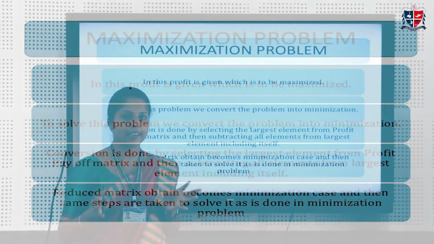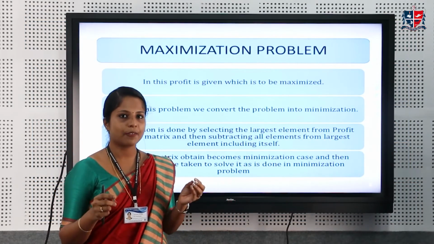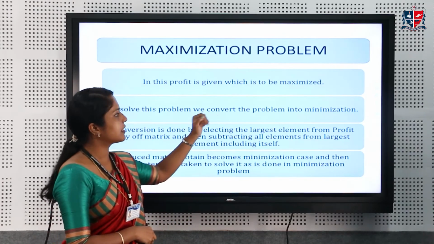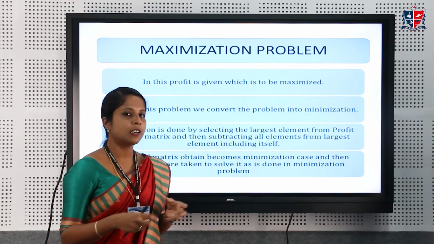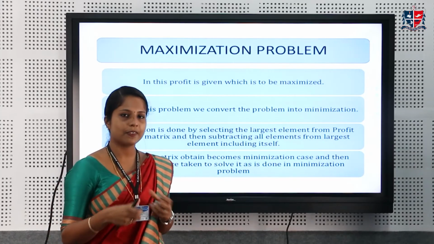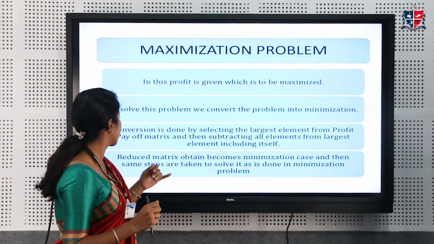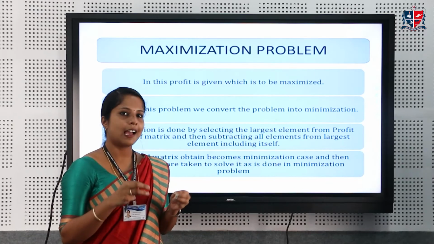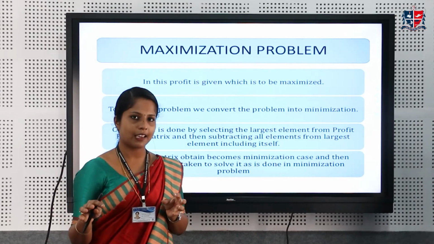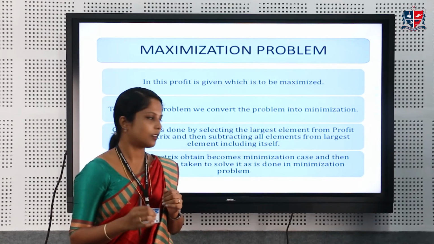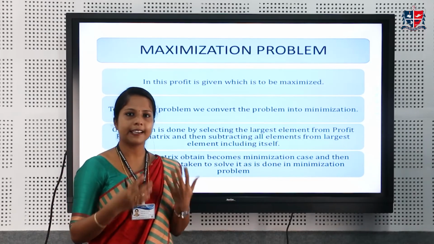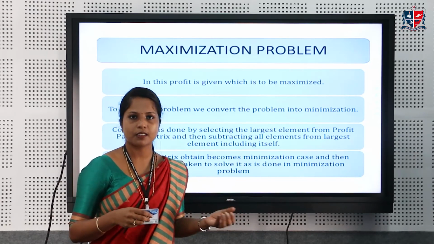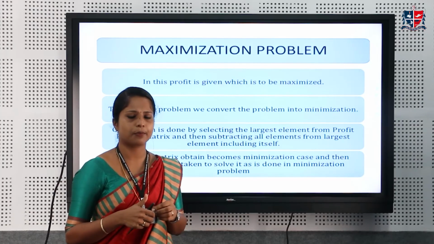To solve it, we convert the problem into minimization by selecting the largest element from the matrix and subtracting all the elements from it, including itself. Then we follow any method for solving it: Northwest Corner method, least cost entry method, or Vogel's approximation method.